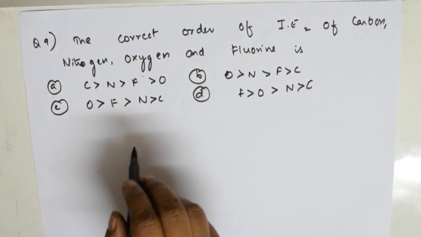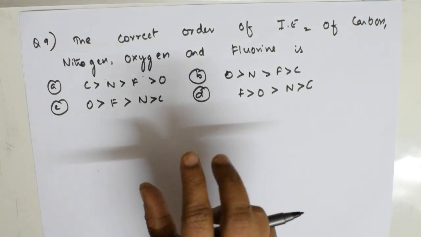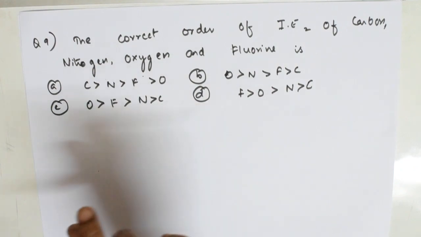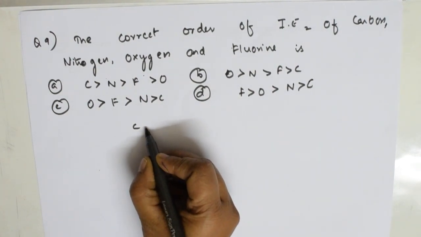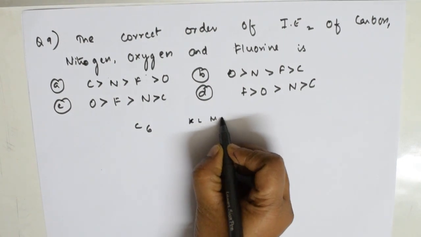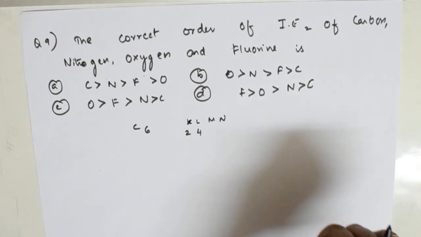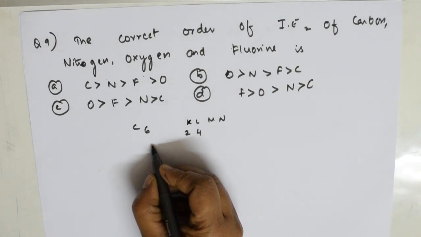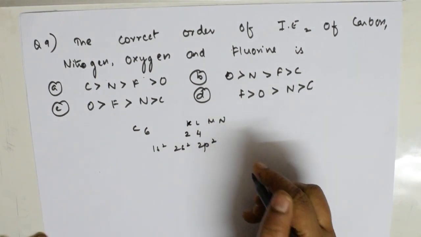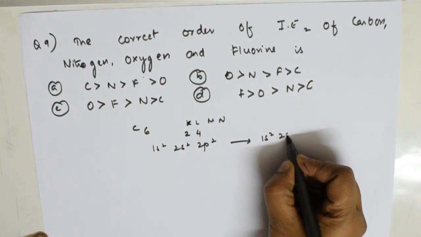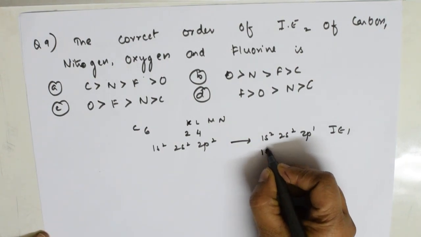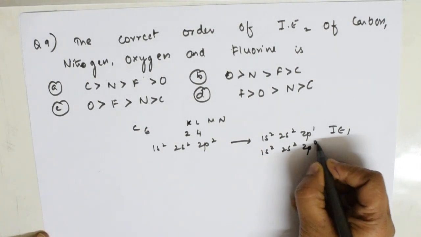First of all, ionization energy 1 of a cation means something has one positive charge, okay. Let us take one example and explain. Carbon is 6, right? Here we will consider K, L, M shells only, no problem. 2 and 4, or if I write it, 1s2, 2s2, 2p2. Now if I take out one electron, it will become 1s2, 2s2, 2p1. This is first ionization energy. Now I am using second ionization energy, and this becomes 2p0, IE2.